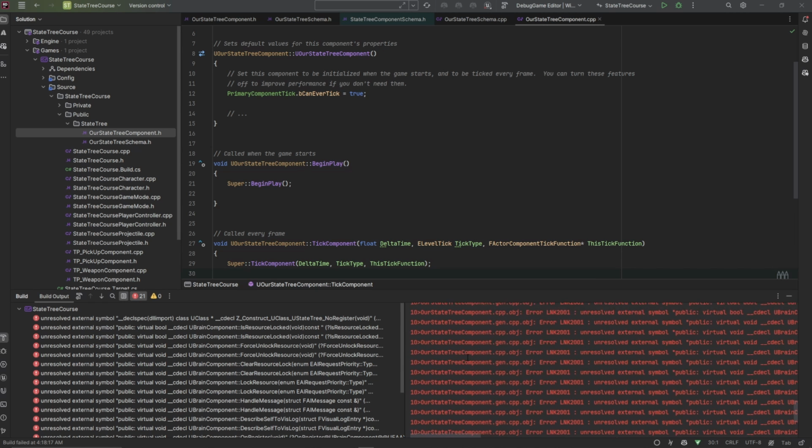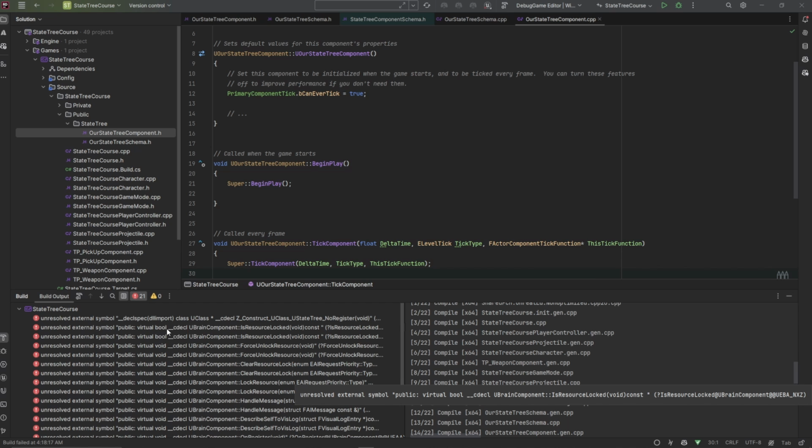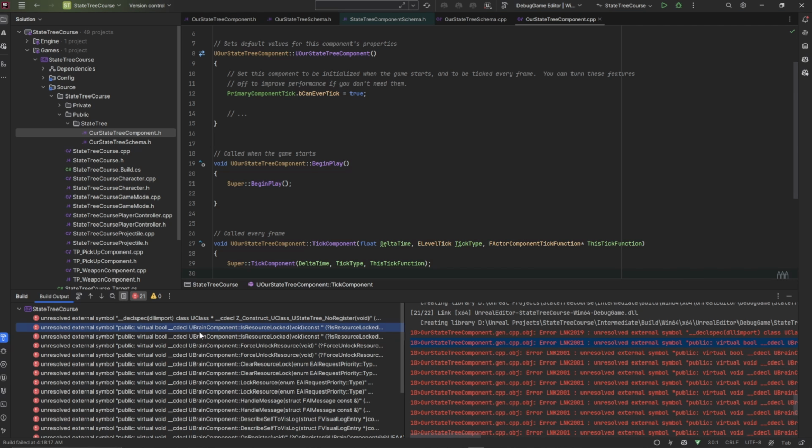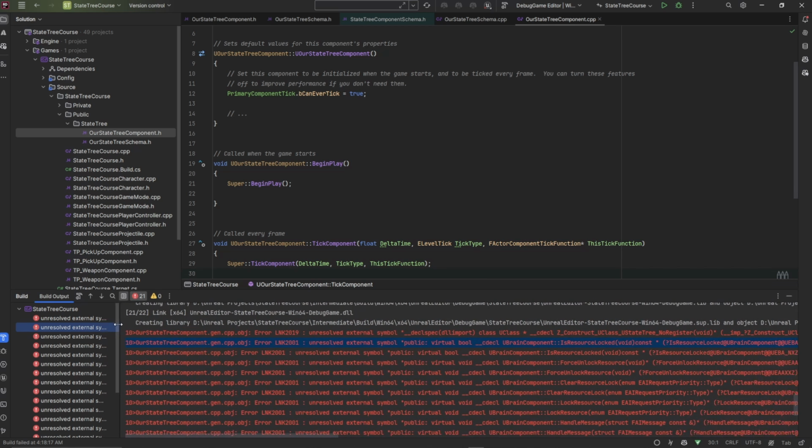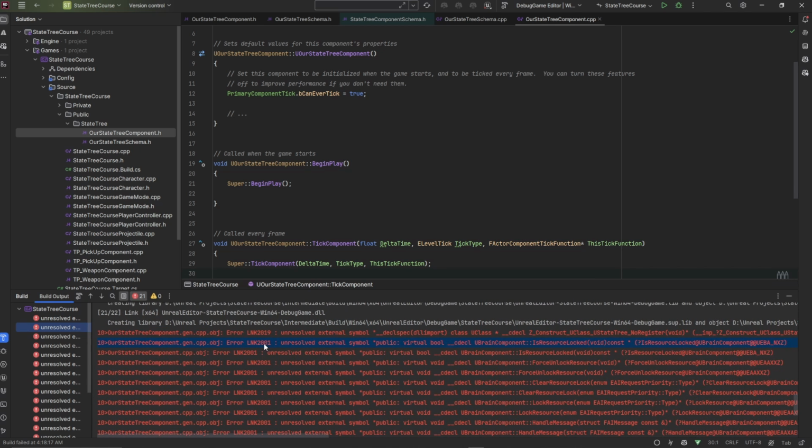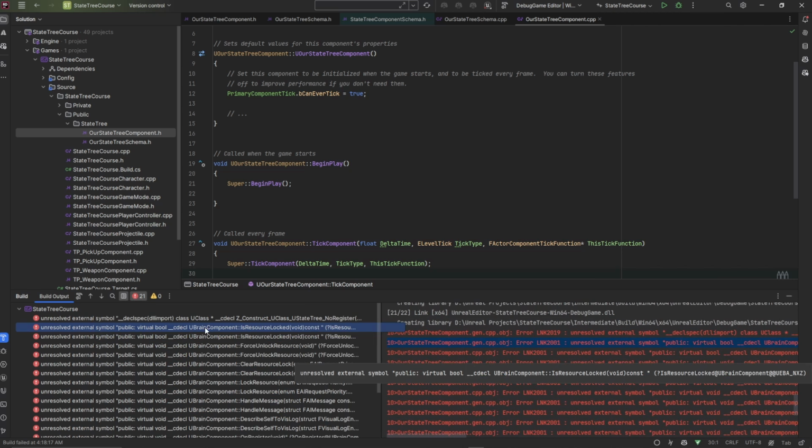Okay, this is very simple to fix. Let's take a look at this first error here. You can see it's about the brain component. It's talking about EResourceLock, or IsResourceLocked, and it says that the symbol is unresolved. This is usually an include issue. But if we go to the class, the UBrainComponent,